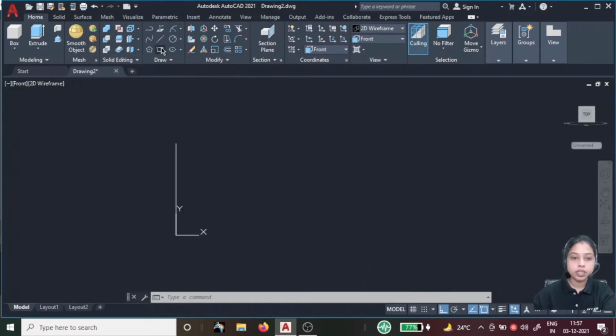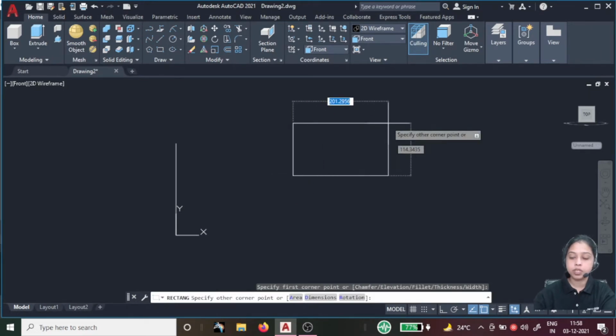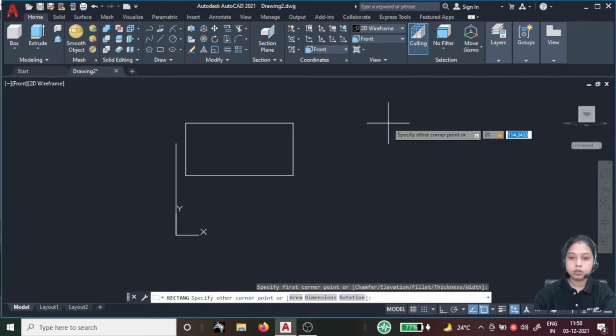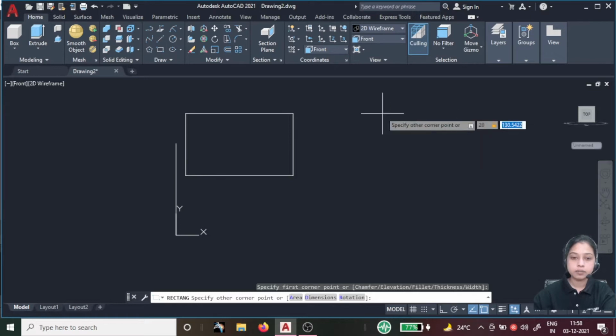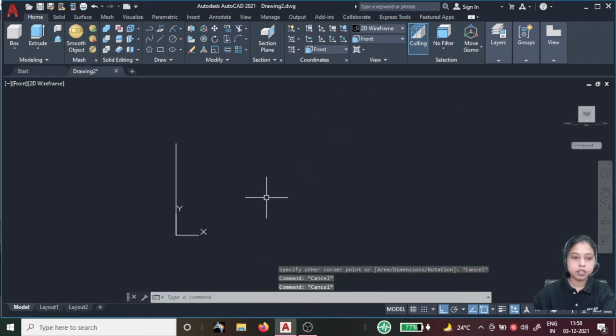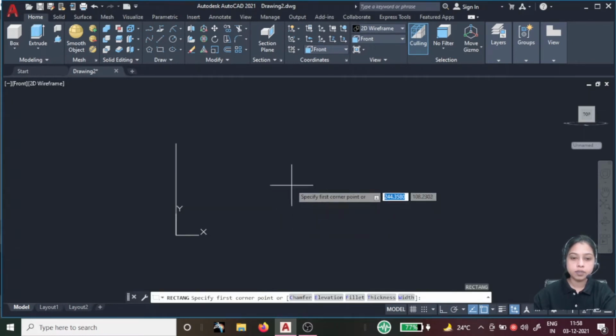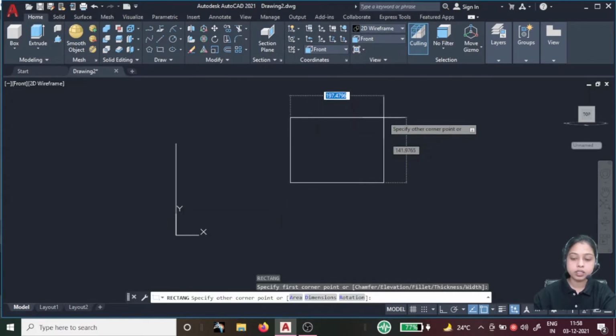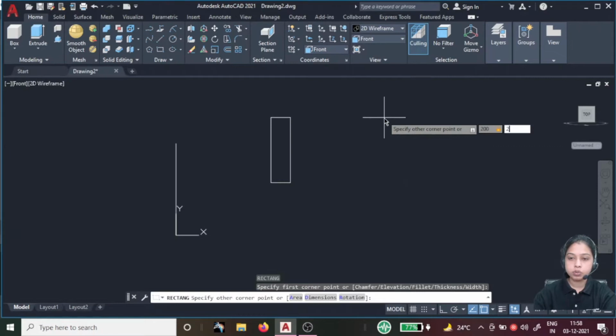So first we need to create a rectangle. Type rec, enter, select the rectangle starting point from here, and give the distance 200,200.